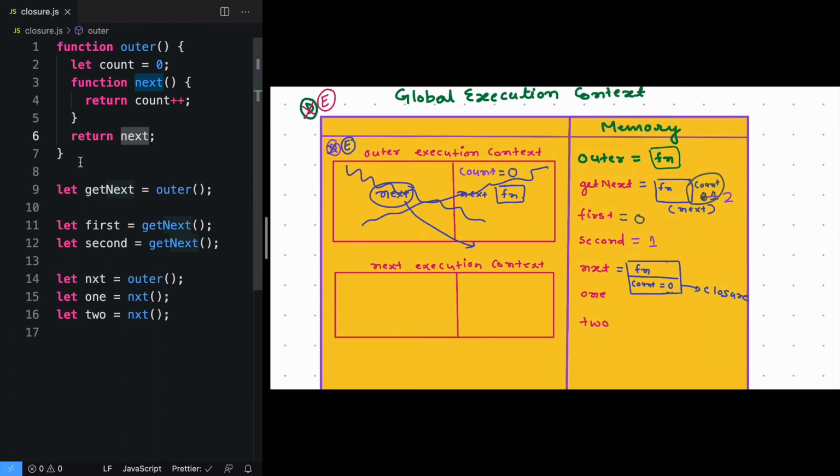So now on line number 15, we can see that we are executing the nxt function. This is the execution context of the nxt function, so we'll change the name to nxt. Do we see anything inside the nxt function? Here we can see this is our nxt function. It will have an extra bag, and that bag will have a variable called count, and the value of that is 0. And here what we are doing is count plus plus.